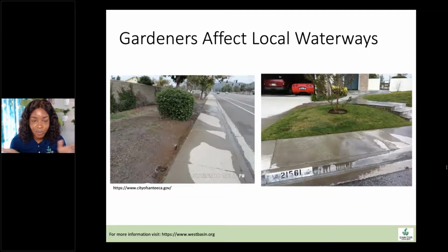And gardeners, we do affect the local waterways. And so these images are just some examples of how it easily happens. And this is a very common occurrence, especially when you're using overhead irrigation. So in these two pictures, we're looking at some runoff from irrigation that could easily be avoided, but it's an often occurrence, especially when you have turf grass, especially when you have an irrigation system that has not been set